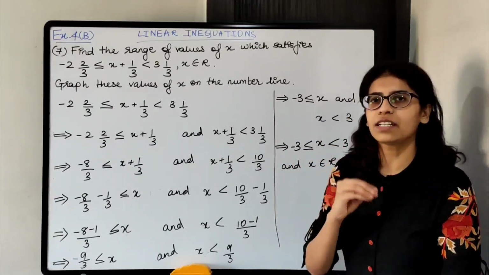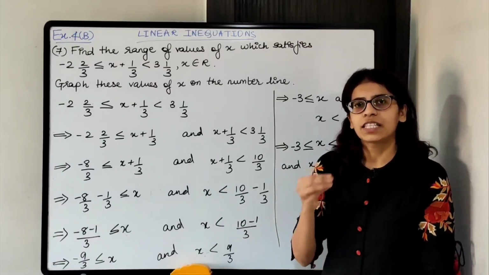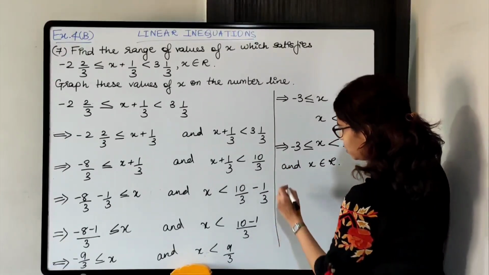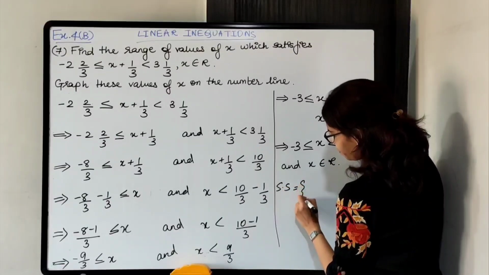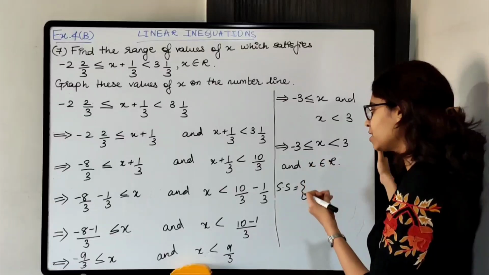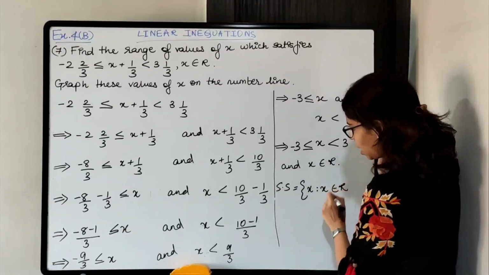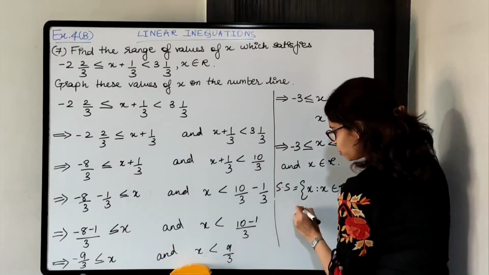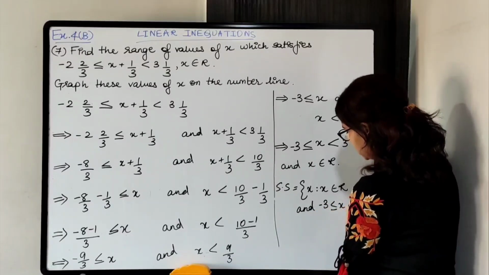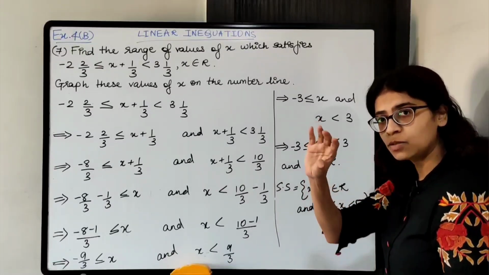So what will be the solution set? Now since it belongs to the set of real numbers, we'll write it in set builder form. Okay, we'll write the solution set in set builder form. So solution set, you'll write the full thing. You cannot write SS. Solution set of x is equal to x such that x belongs to R, right? And the condition part, and this range you'll write down, minus 3 is less than or equal to x is less than 3 हो जाएगा. Okay, so students, don't write it like this, write it in one line.